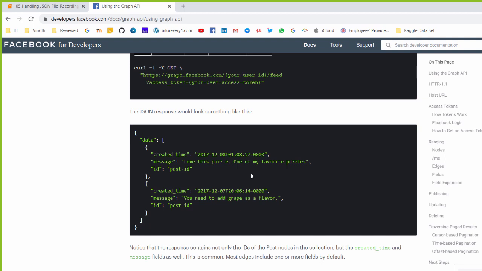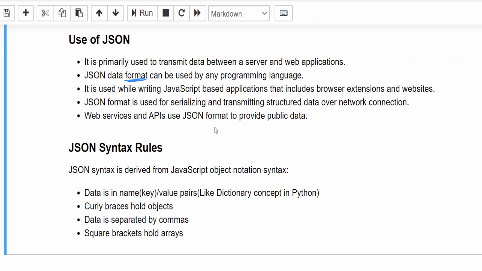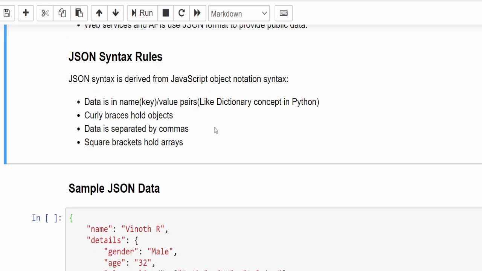Using that API we are able to retrieve the data, and you can see it here. When you request some data, you will get the response in JSON format. Hope you understood the importance of a JSON file. That's about the theory stuff. When we talk about the syntax part, it is similar to dictionary concepts in Python.